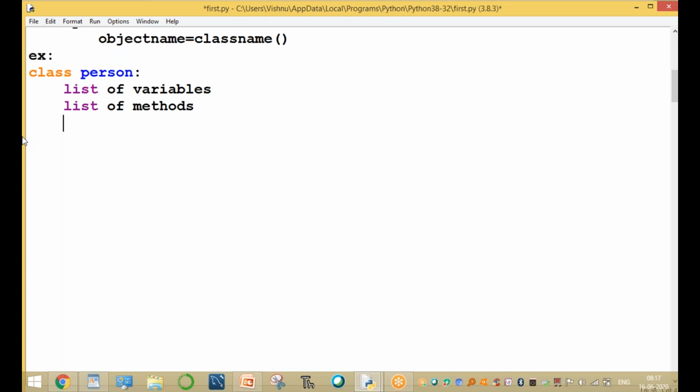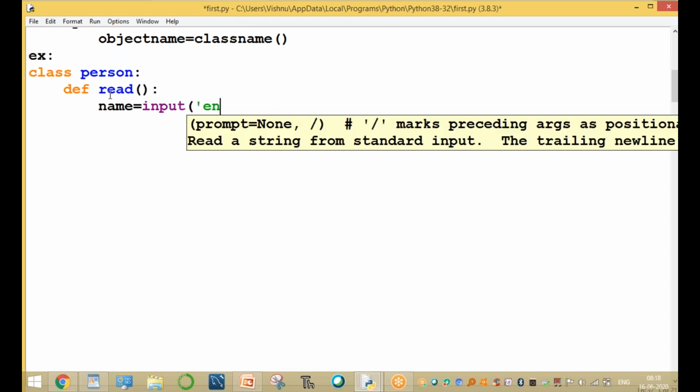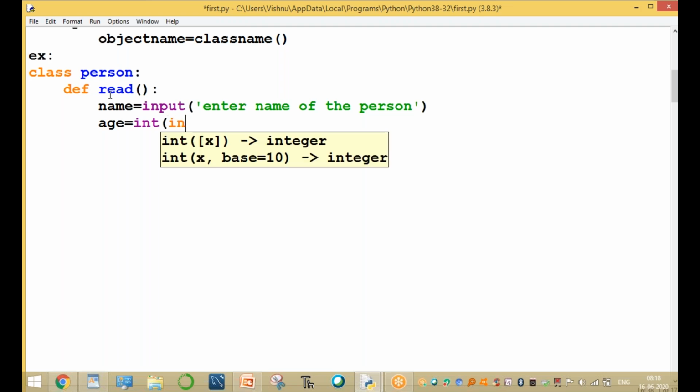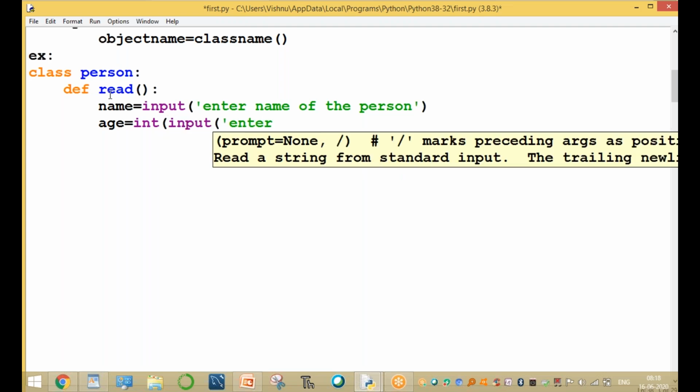Now one method is, for example, def read, which reads the person's name and age. Name is an input of string type: enter the name of the person. And age is an integer type: enter the person's age.